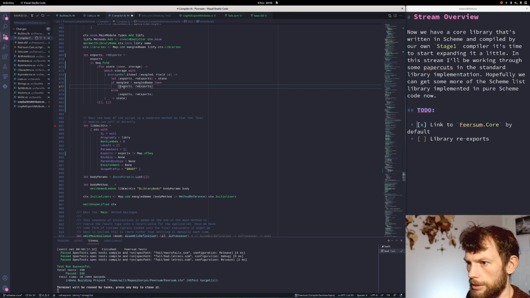So we put ID, no, is it name ID? Paste that onto the front of exports. Otherwise, we paste